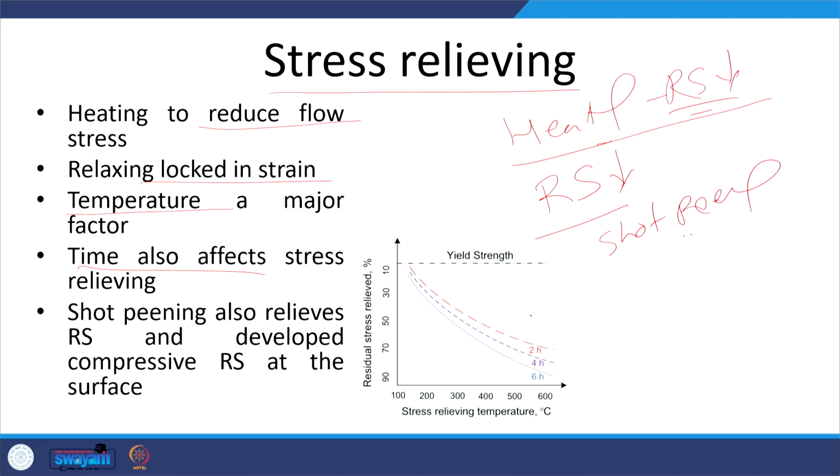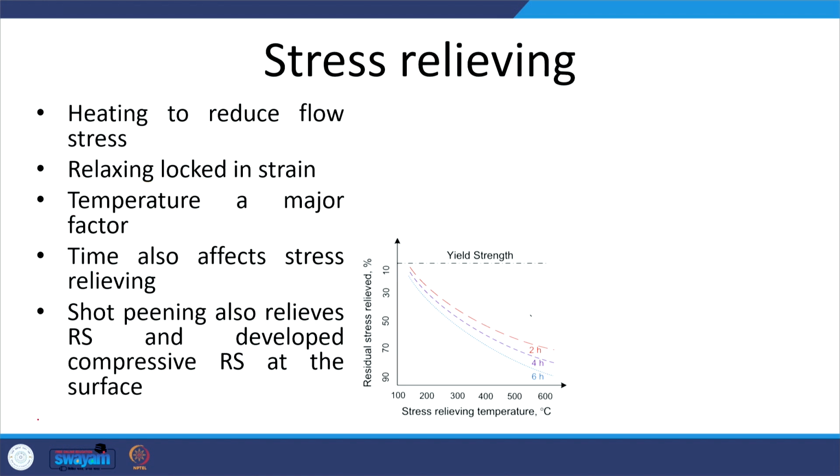So in shot peening, steel balls are accelerated to high speed, then directed over the surface of the casting. If the strain is locked in at the surfaces, then due to the controlled surface layer deformation, the locked-in strain is relieved, and it helps in developing compressive residual stresses at the surface, and that in turn helps in improving the tensile strength as well as the fatigue strength or fatigue resistance of the